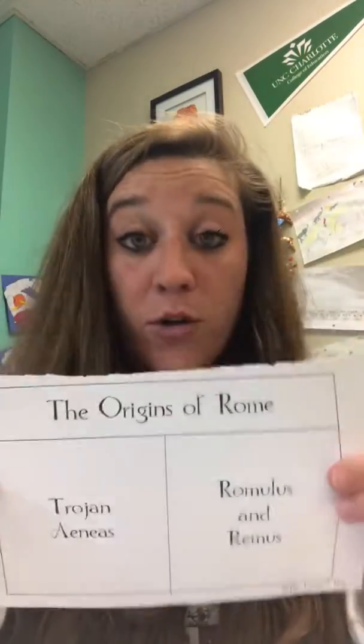If you have already done that, you need to go on to section 1.2, which is found on page 272 through 273 in your book. You are going to read through that, and you are going to be filling out the origins of Rome foldable about Trojan Aeneas and Romulus and Remus. You're filling that information out on this foldable from section 1.2 in bullet form, and then you will move on to the next thing. But if you have not done that yet, please pause the video